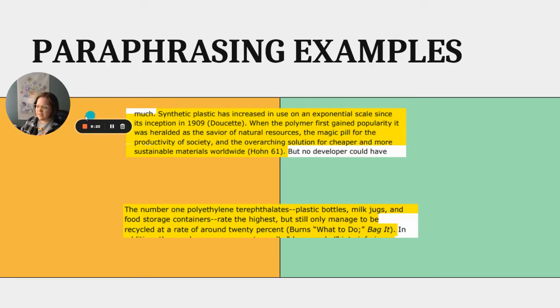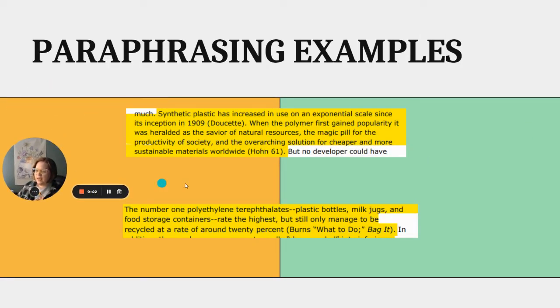Let's look at a couple of examples of paraphrase. For every highlighted piece of information, you will see a citation at the end. That is paraphrasing. That means this information comes from this source, not word for word, but put in their own words. You can go find it. Same for this one. This information, not word for word, in their own words. This source, go find it.